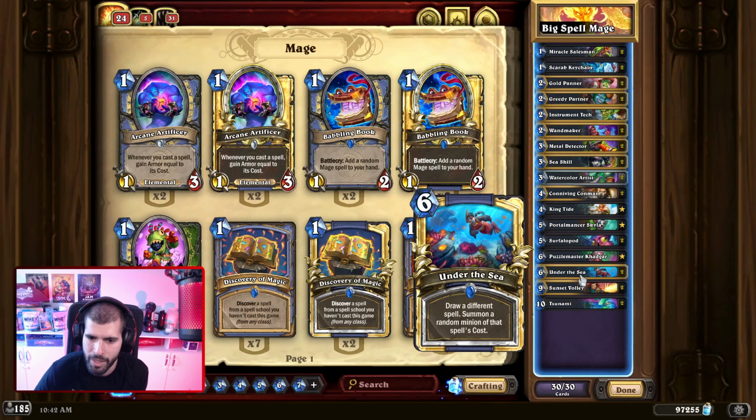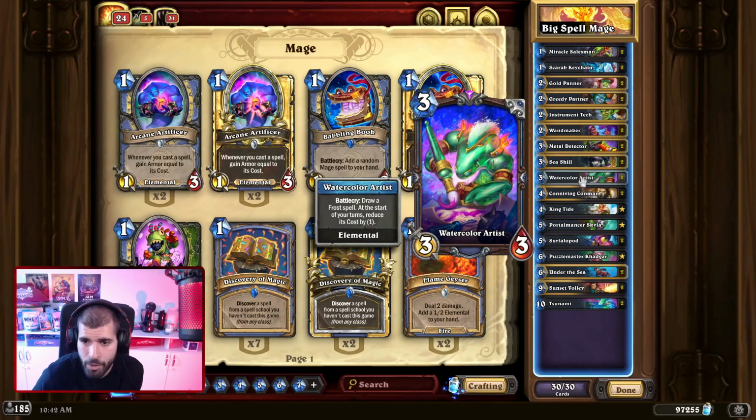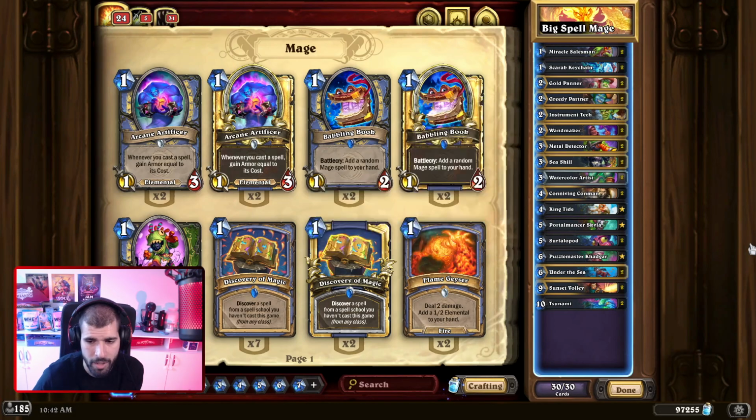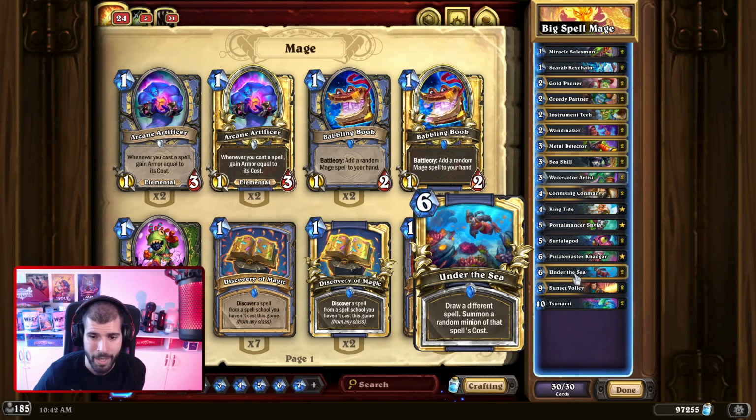You actually cannot get punished by drawing another Under the Sea because this draws a different spell, so that's a very nice little distinction. And the other way you use the Surfolopod reliably would be with the Water Cooler Artist. Something to take note of, it's not a very great idea to actually shuffle back Miracle Salesman ships, because that is a spell you're shuffling back. It's a tradable snake oil, so you definitely could ruin your Under the Sea synergy that way,